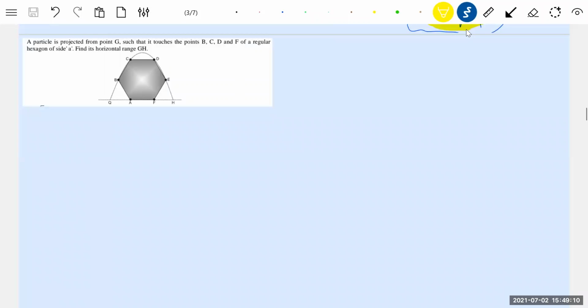And now we'll discuss some problems on projectile grazing the surface. Can you remember the triangle we saw where it should go and graze the apex? Now I brought a hexagon. Next I'll bring a sphere, then some other object. They should graze. Graze means it should just go and touch it. So it will graze B, C, D, E and fall back again to the ground.